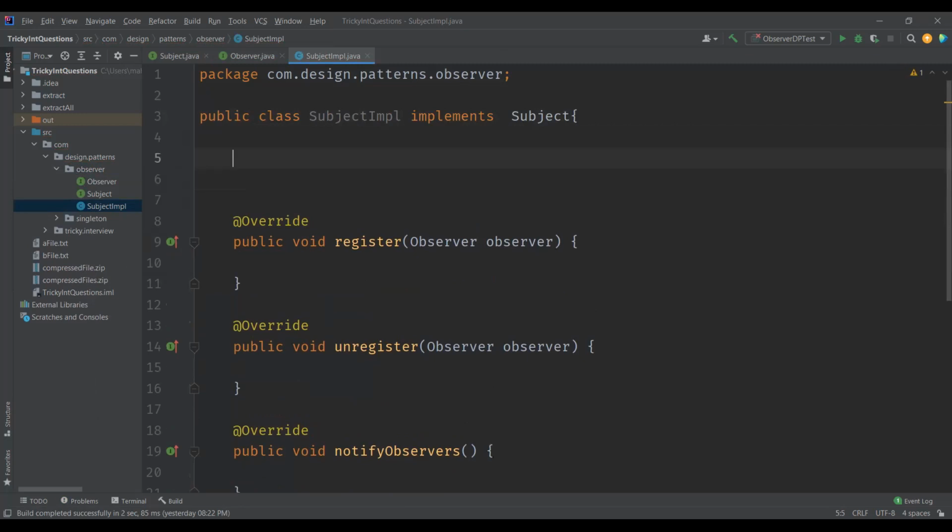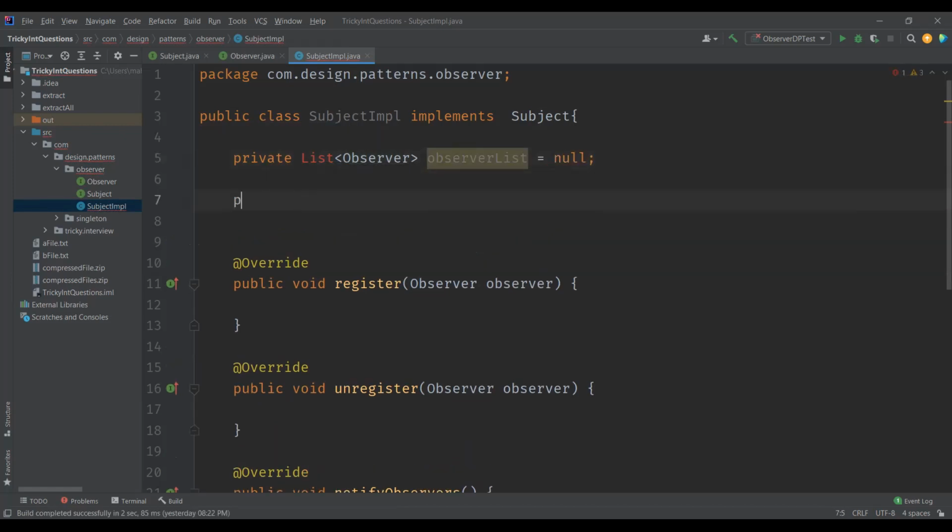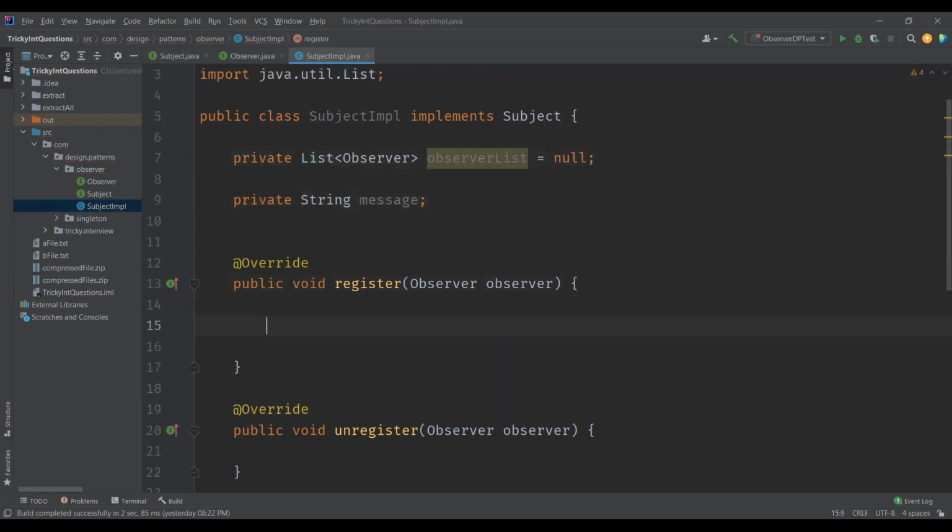And before that, we need to have two data members for the subject class, right? So let's have those. We need to have a list of observers, where we'll call the object name observers list, and we need to have a string message, right? Now let's define the register method.